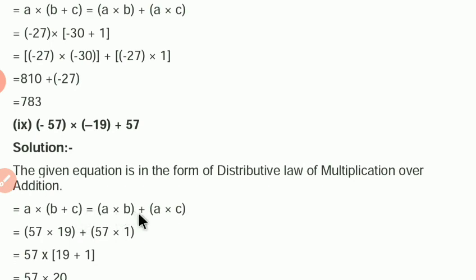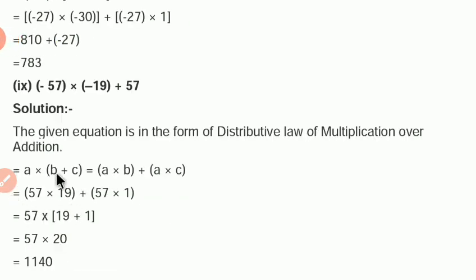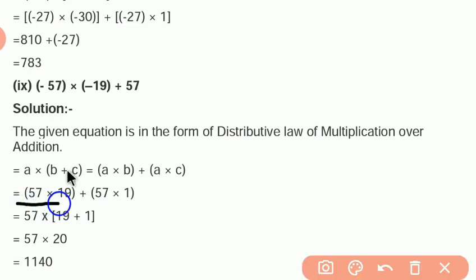So first here it is given in form of A into B plus A into C. So we'll change into A into bracket B plus C. So A is 57, B is 19 and C is equal to 1. So 57 into 19 plus 1. We have to put in A into B plus C. So 57 into 19 plus 1, 20, which is equal to